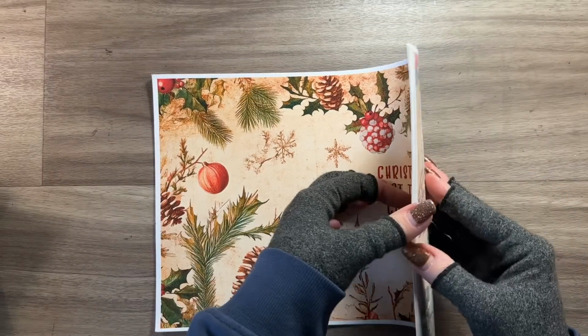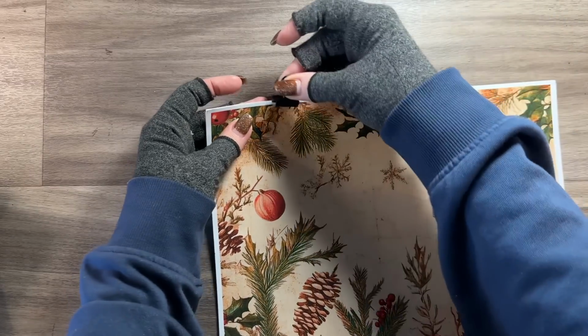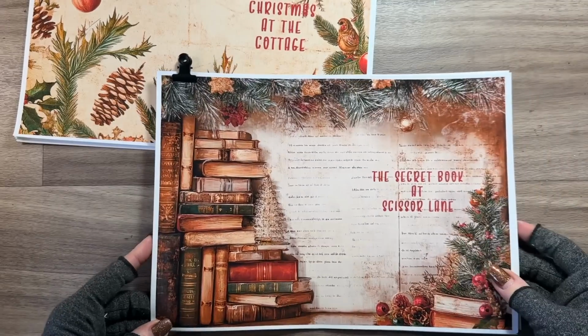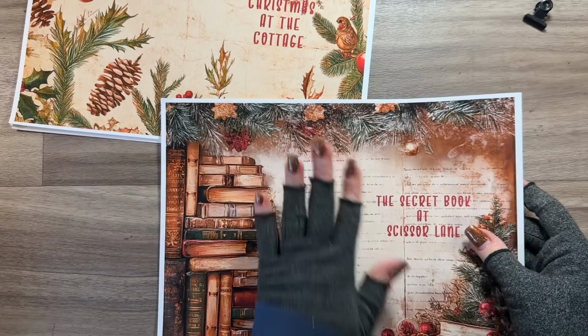And now this particular booklet, 7 pages in total. So that particular one, I'm going to clip for now and put aside. Second story is A Christmas Book at Scissor Lane, and for those CPI fans, this story will not let you